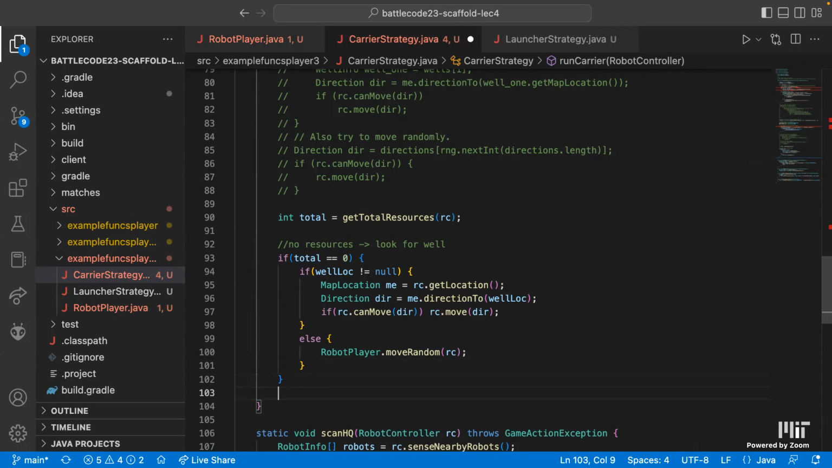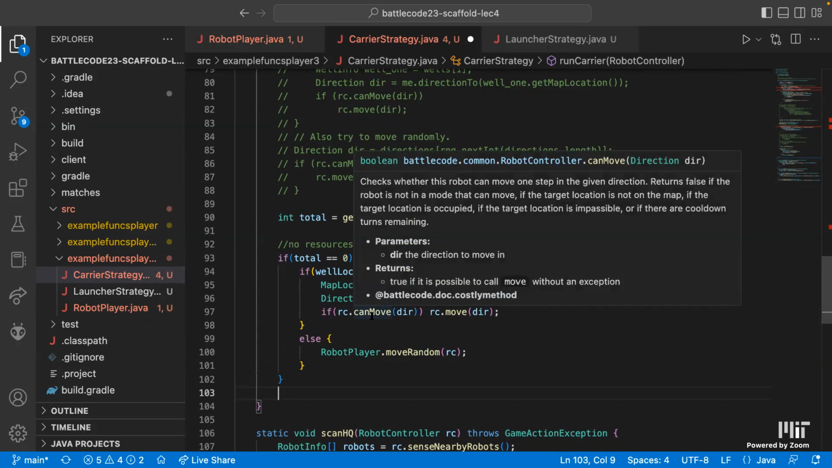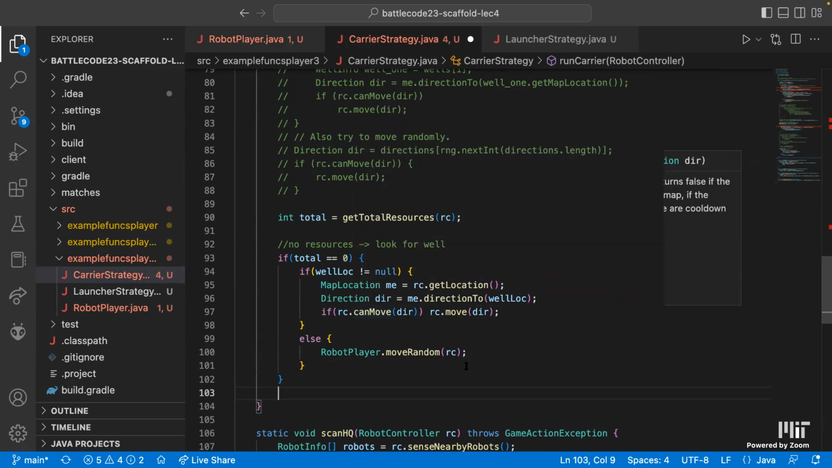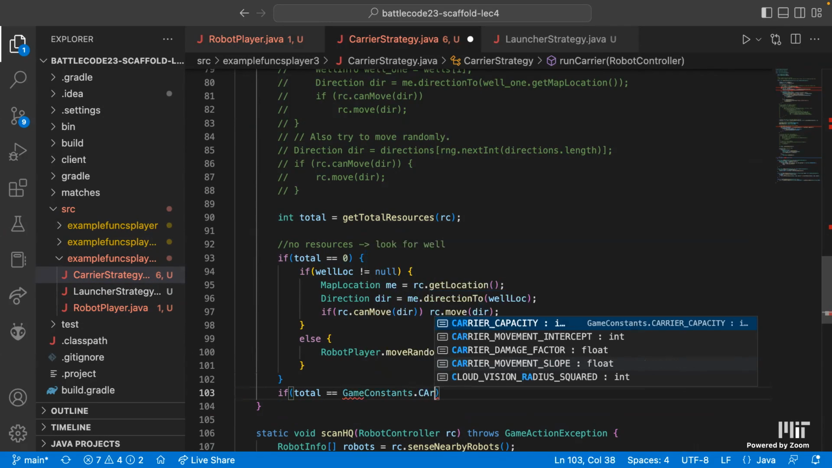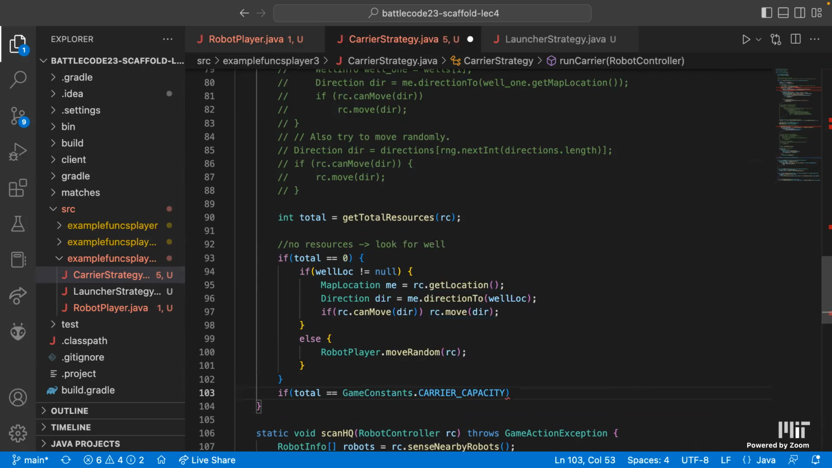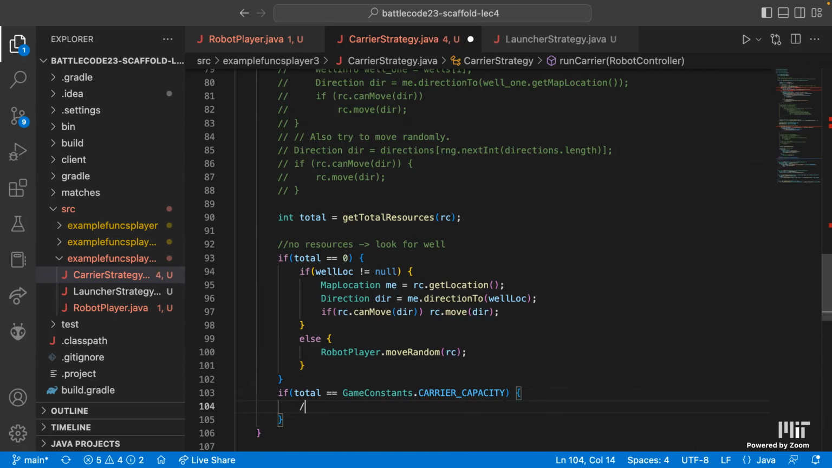We have another case where if the robot is full, then it needs to start moving back towards the headquarters so that it can drop off the resources. So let's work on that now. Let's say if total is equal to, and then there's a constant that tells us what the carrier capacity is. Game constants dot carrier capacity. Then